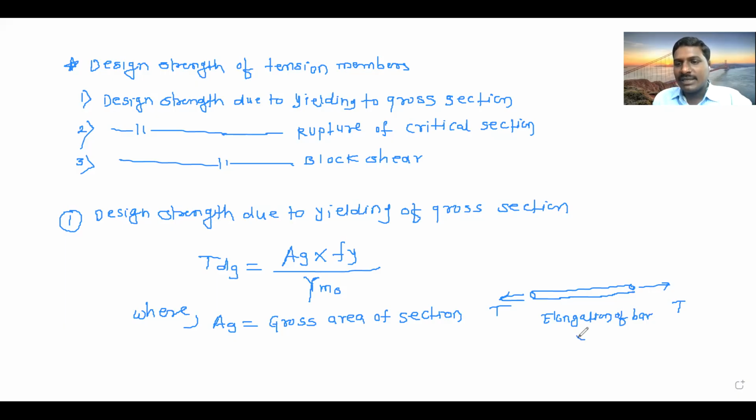That is nothing but yielding. This is the bar. If we apply tensile force, what will happen? Elongation. The bar will elongate more and more. If the original length is L,